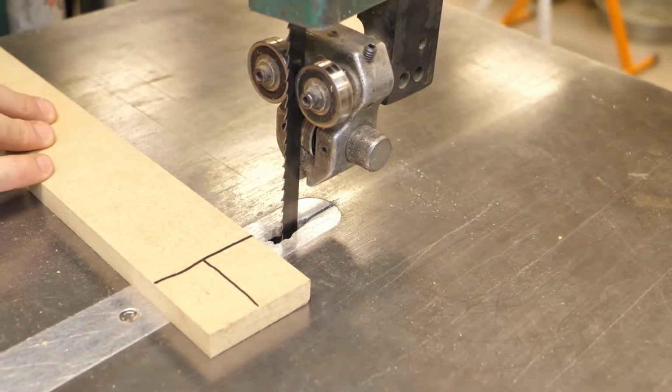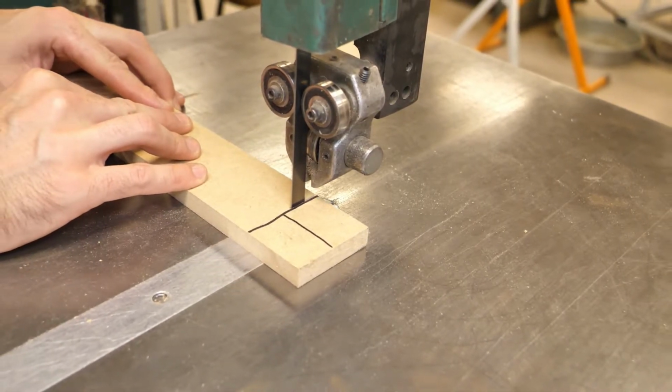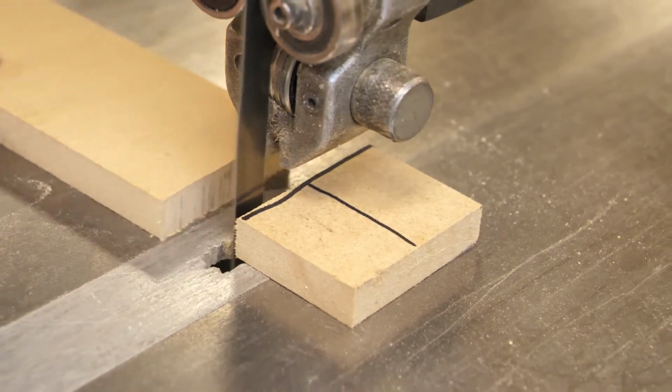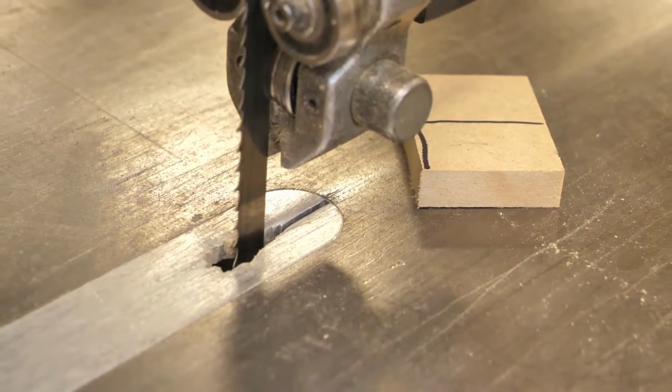Next, I'll show you how to do a quick rough cut. This won't be straight, but I'll just simply follow the line that I've cut, making sure to keep my hands away from the blade. It's that simple. Turn it off again, and again, waiting or using a piece to push it aside before the